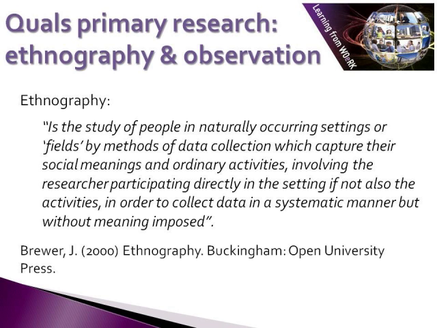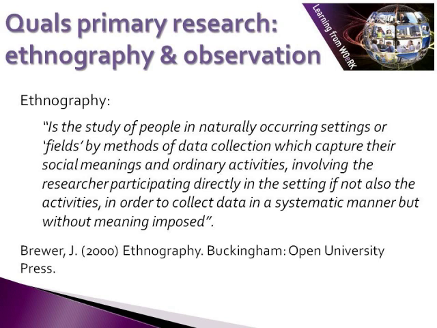So the second qualitative primary research method we're going to look at is observation. Now, observation we often think of in the context of ethnography, and that's about the study of people in natural settings, where the researcher is involved in that natural setting and tries to capture social meanings from ordinary activities that people take part in. So when we think about observation, ethnography and the overall context of people and what they're doing, where they're doing it, and how they're doing it is